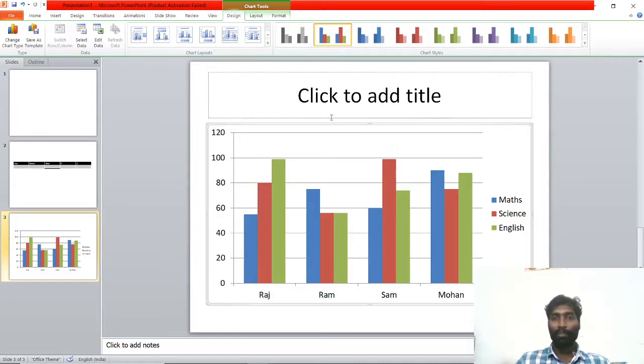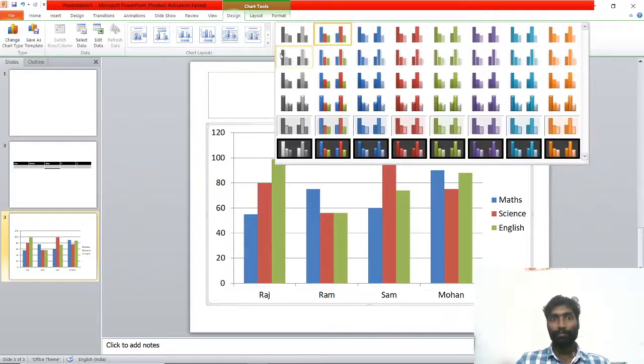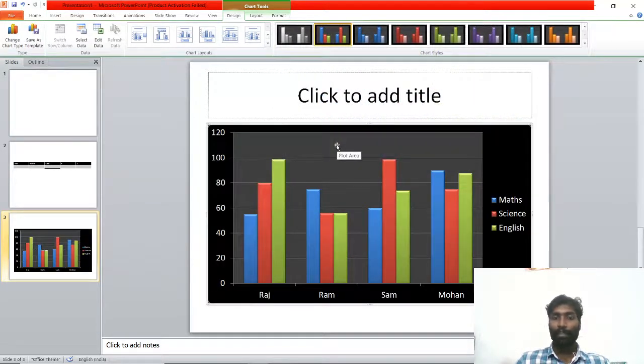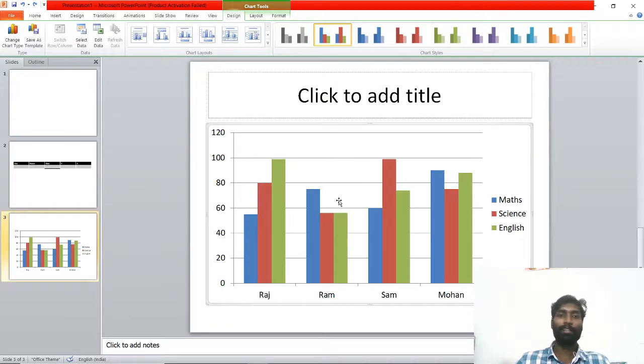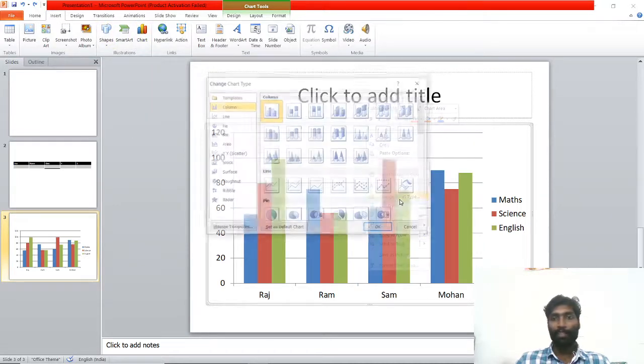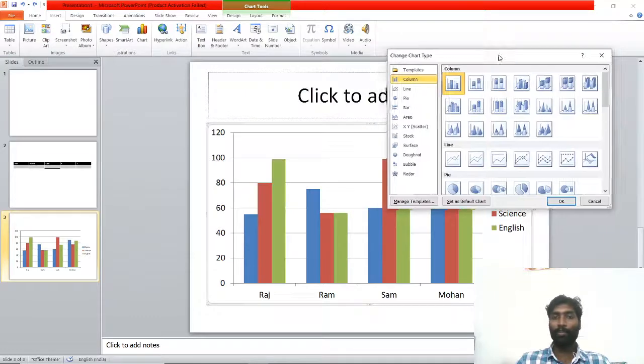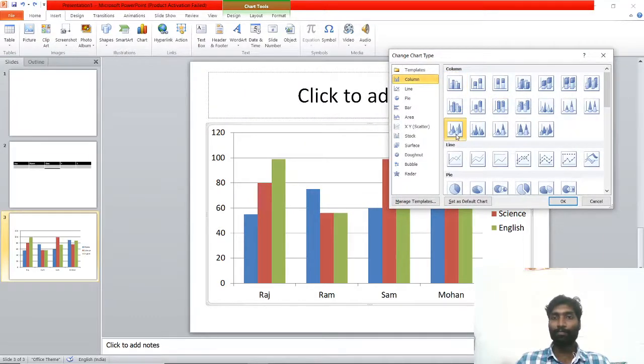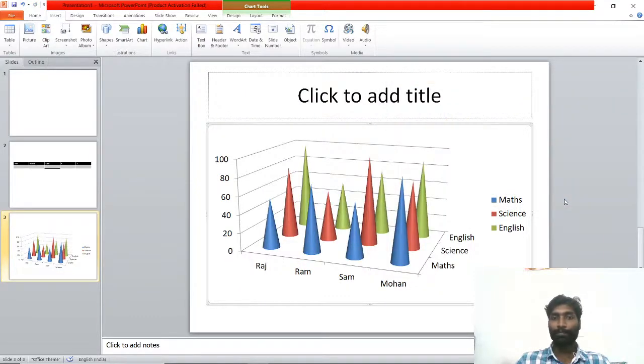This is not the only way. If you want to insert any other type, just see here. You can change the style. Else if you want to change the chart type, of course you can change the chart type also. Just right click, chart type, and you can see.